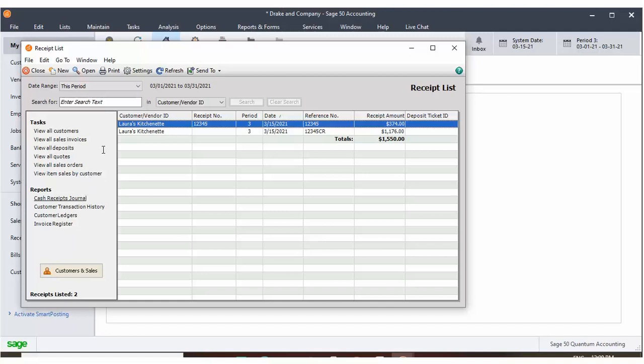8. To print the data after changing any report settings and verifying it shows the data you want to print, click the Print button within the preview window. 9. Alternatively, to skip the report preview process, click the Print button in the toolbar at the top of the